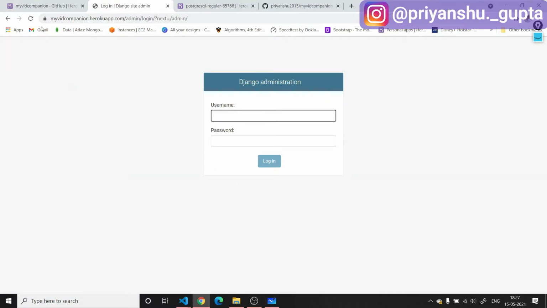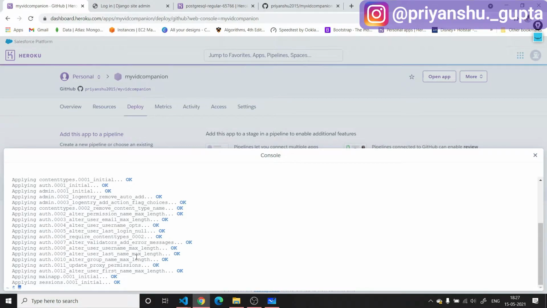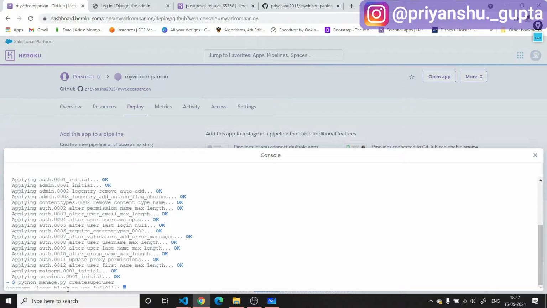So now I will go back to this interface where we can manage the server like our local machine. Now I will write a command here: python manage.py createsuperuser. And there is no need to worry about server refreshing, because this PostgreSQL is separate from this Dyno and it will not be affected even if the Dyno of this Heroku platform or server gets refreshed. Earlier, when we were making changes directly to our server, they were getting removed after this Heroku platform refreshes itself. Okay, so now we will write the username.